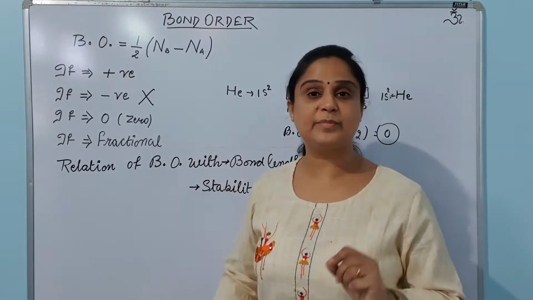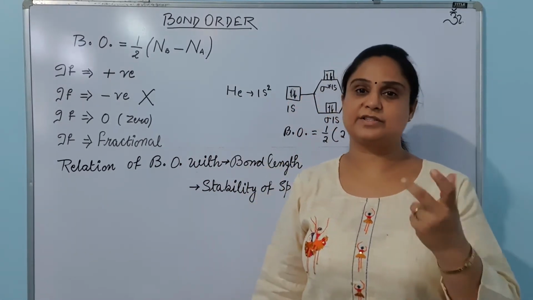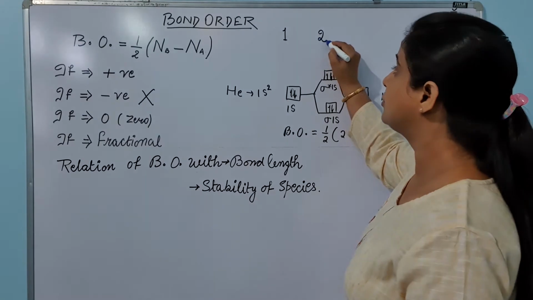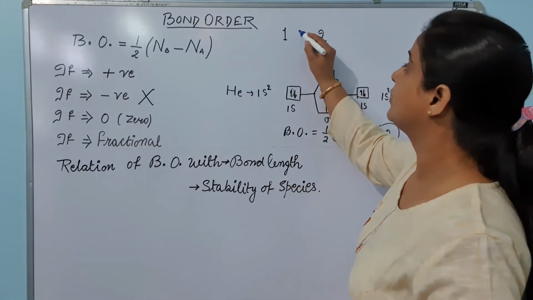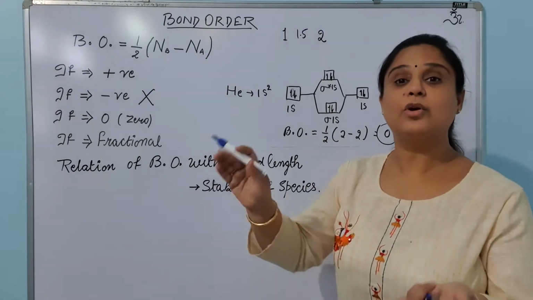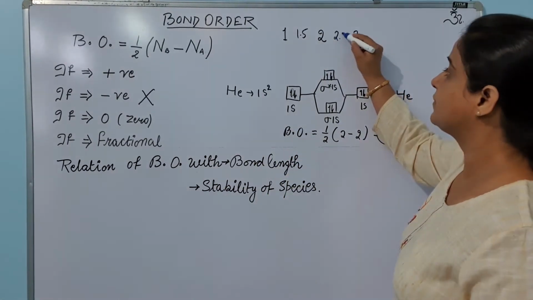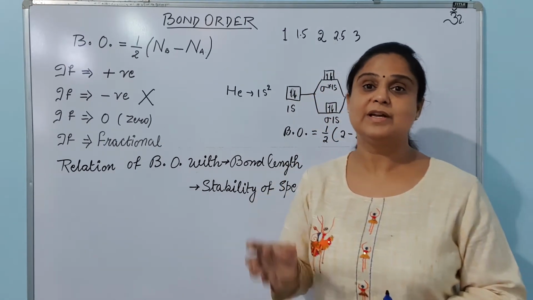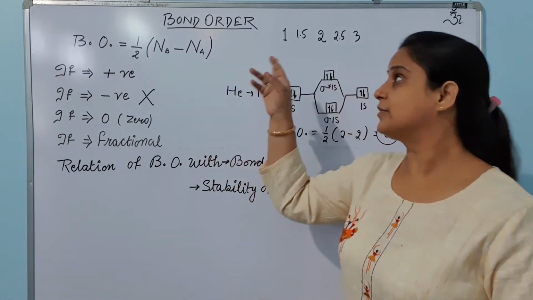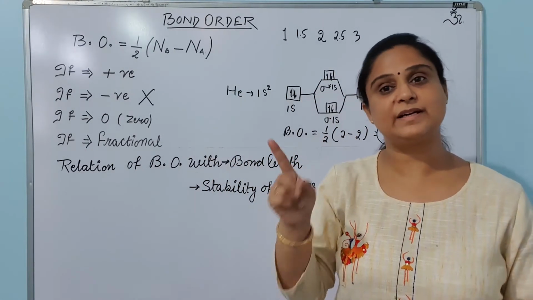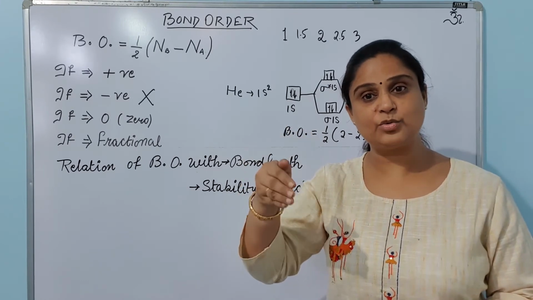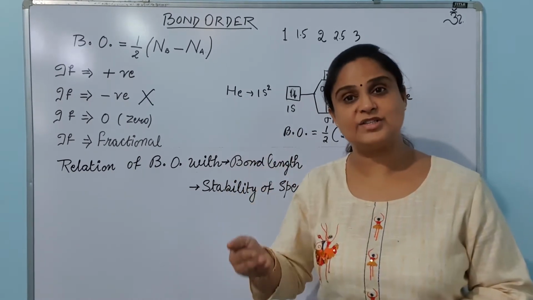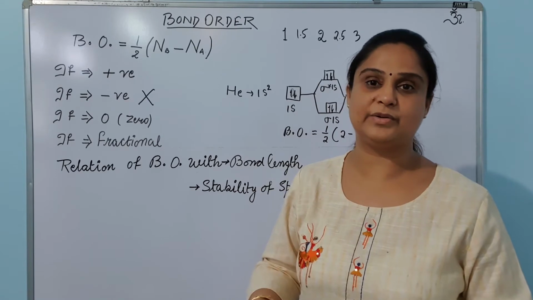Now next is, if the bond order is fractional. Suppose if I am getting bond order 1, it means there is 1 bond. If I am getting bond order 2, it means there are 2 bonds. If I am getting bond order between 1 and 2, that is 1.5, or between 2 and 3, that is 2.5, you will get the fractional value of bond order in the cases where resonance is found. Means the bonds are not clear. If the value is 1.5, it means one bond is clear, means 2 electrons are being shared by the 2 species, but another 2 electrons are not being shared actually. They are in resonance. So in case of resonance, you will get the fractional value of the bond order.